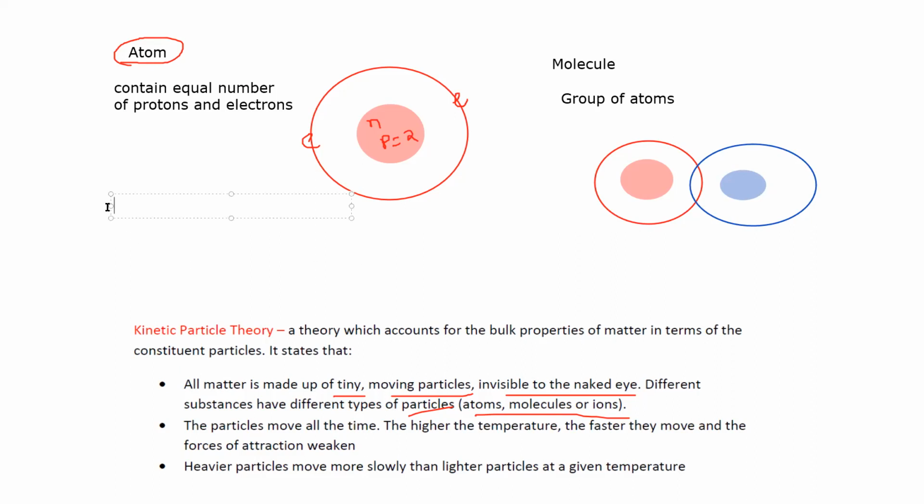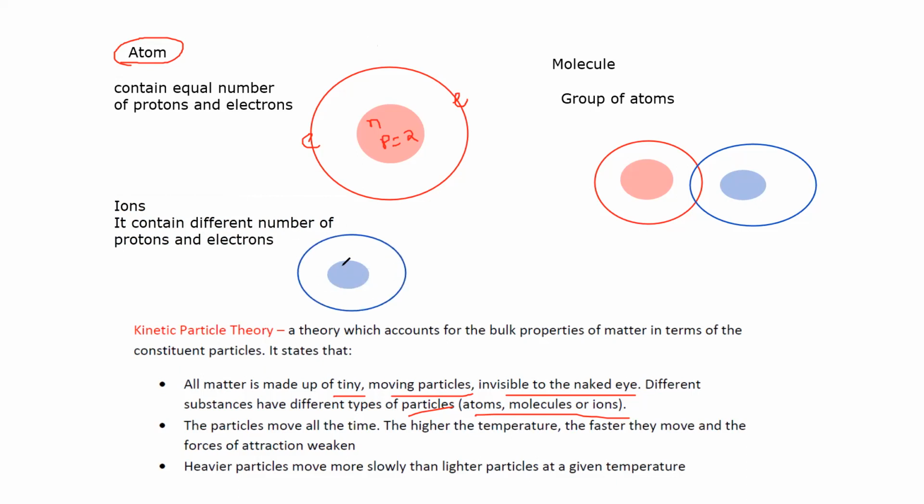So for example, you have a piece of iron, two identical pieces of iron, same type, but they are at different temperatures. The first one is at 20 degrees and the second one is at 50 degrees centigrade. In which sample are the particles moving faster? At 20 or at 50?